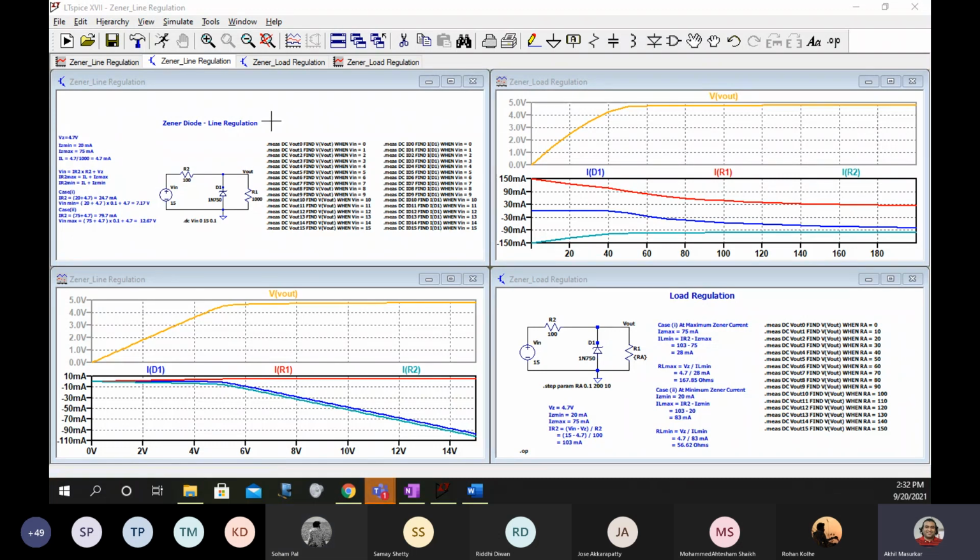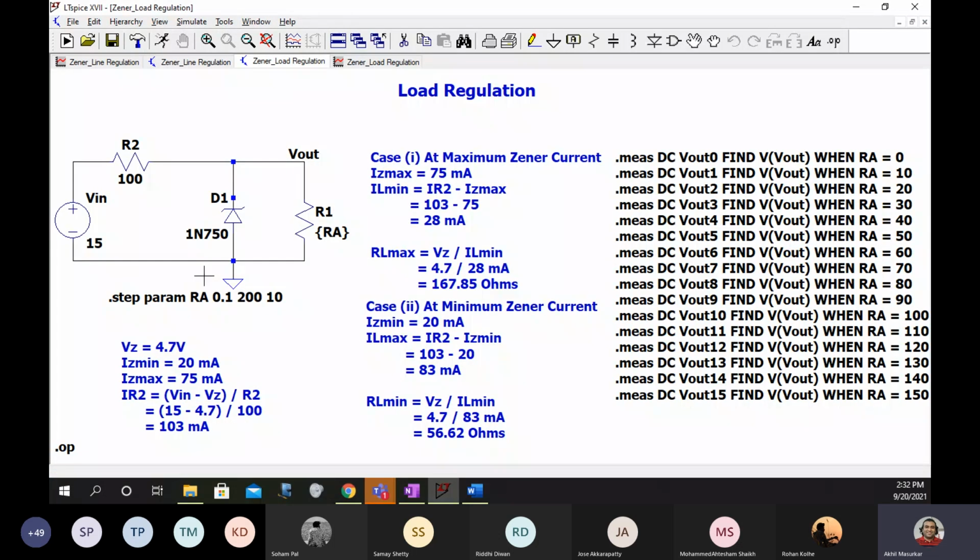Now, the question arises, can you do the same thing for load regulation? That's the question. So the answer is no. That is because you cannot use the .op command and the .measure command at the same time.